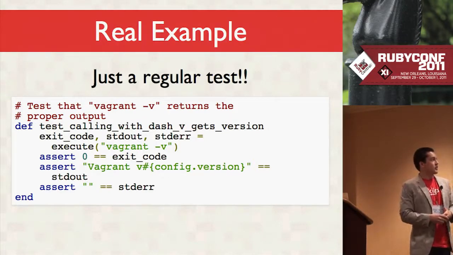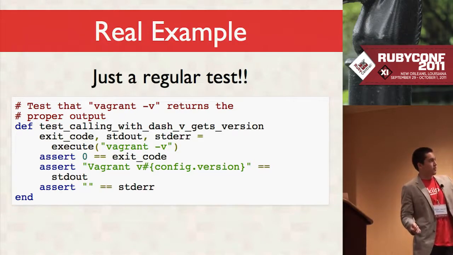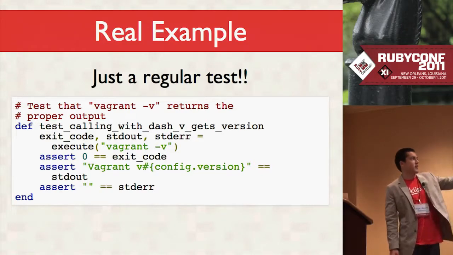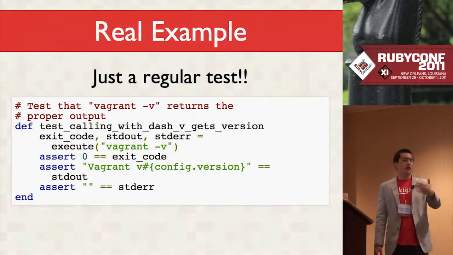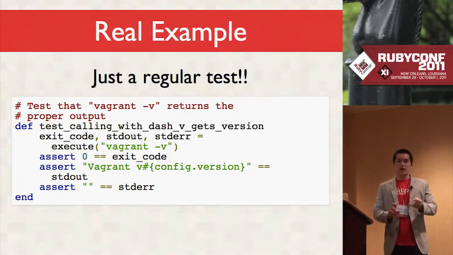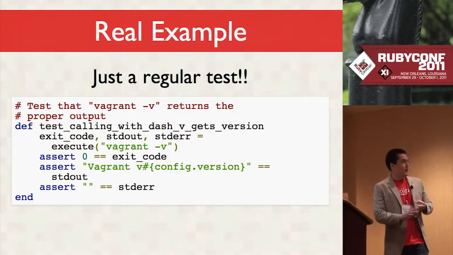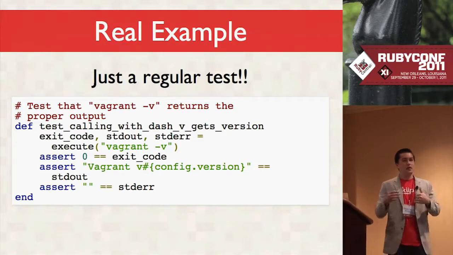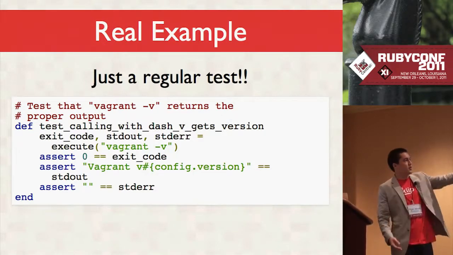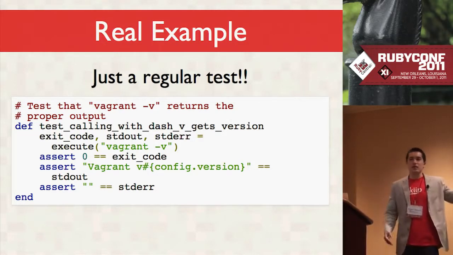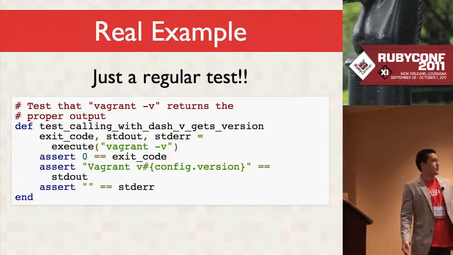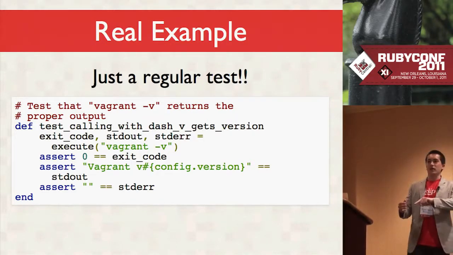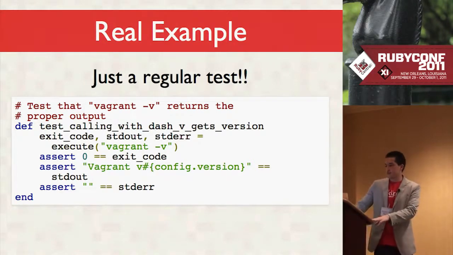So you can see that it's pretty much just the normal unit test except for two helpers. There's the execute method that's going to execute it on the command line like a normal user would, that returns the exit code, standard out, standard error. I do some assertions, and then remember that integration tests cannot access internal code ever. So I do pass in a config JSON, which includes some things like the version, which I need to know in the test to assert. So I assert that the version is equal to that instead of looking in the library for the version, because it shouldn't do that. It breaks the isolation.